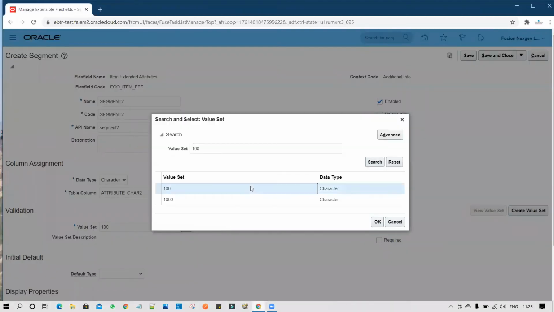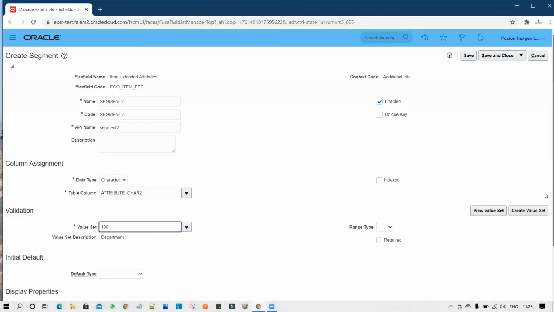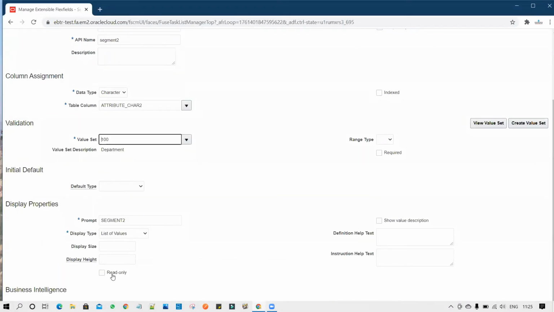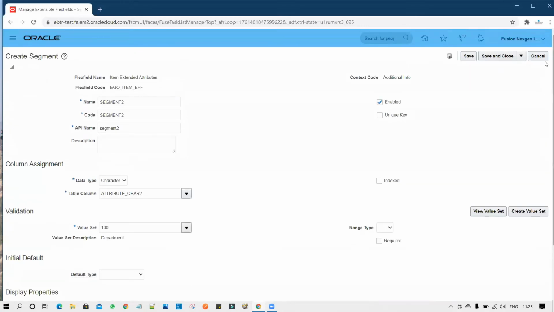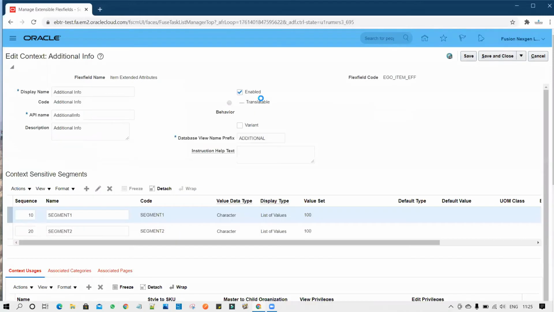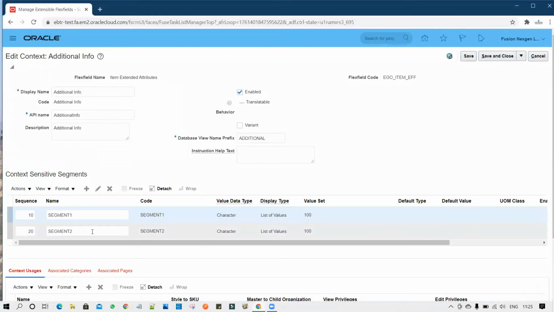I will use the same value set and save and close. While creating segment 2, I have not selected the unique key, because the unique key is required only one time. Now I will create segment 3.